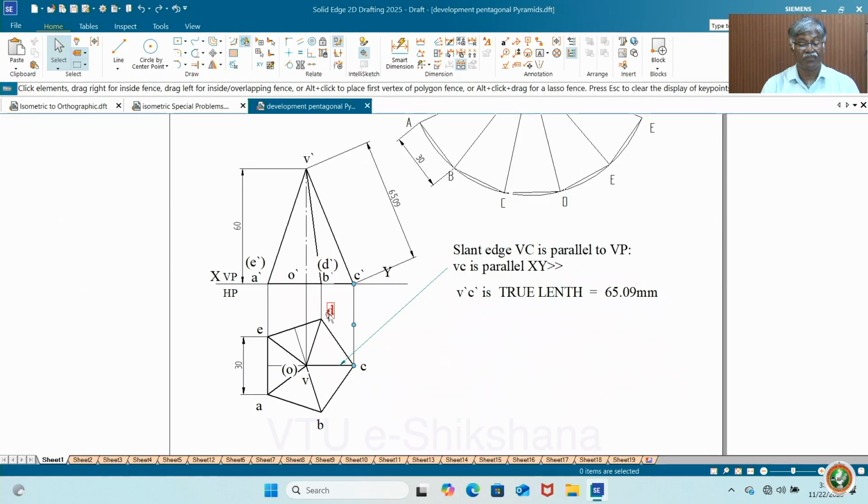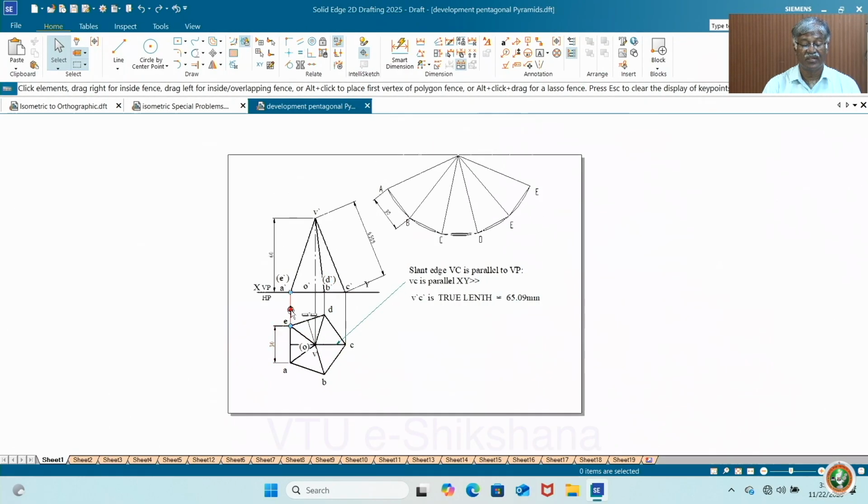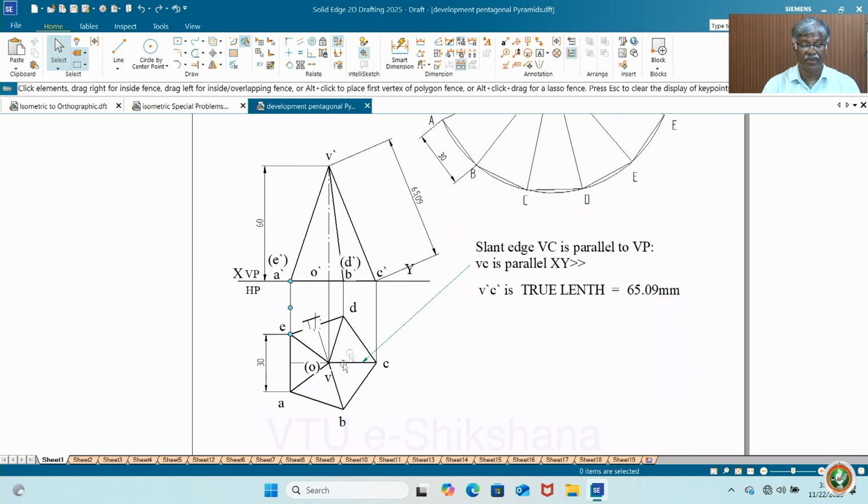Next, the edge condition, and correspondingly this VC is there. In a solid only we say edge condition, corner condition. Here this is a specific position, location. You have to identify the orientation and mark it, that is all, no question of inclination. So that is why you must be very careful. If you commit a mistake in this, then everything will be gone. Now, after taking the true length, that is 65, you can start working for the